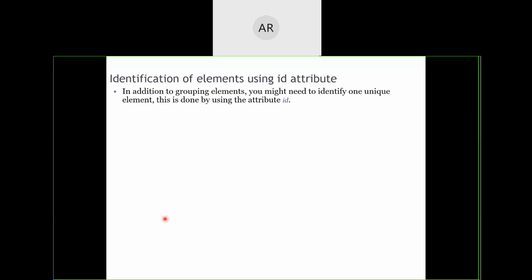Next very important concept that is there in CSS is how do you identify which element is to be applied the style with, which element should not be applied with this style. For that reason, you will use a special attribute to the tag called as ID. This special attribute ID is given for each and every HTML tag in order to identify that specific HTML tag.